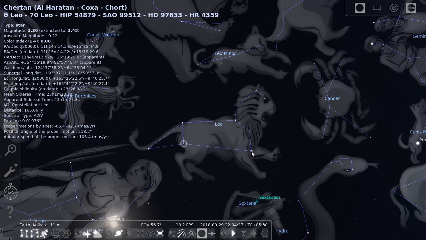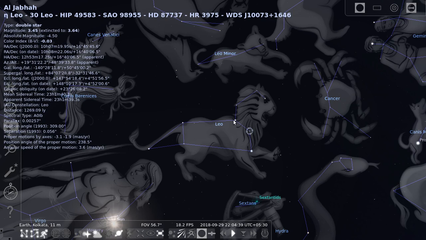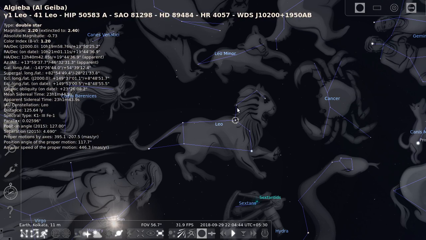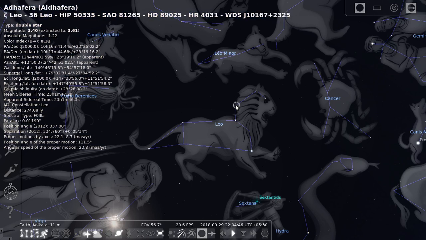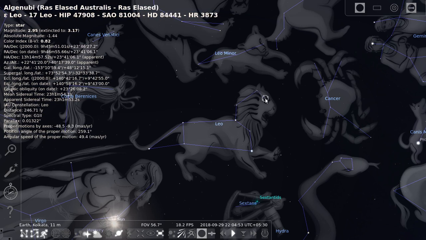Next, when I am clicking here, you can see Regulus, that is already in your textbook. No need to write once more, you have to write new names. Six stars are there. So these are the stars you can see in the Leo constellation.